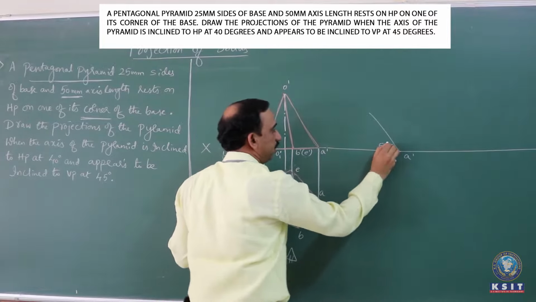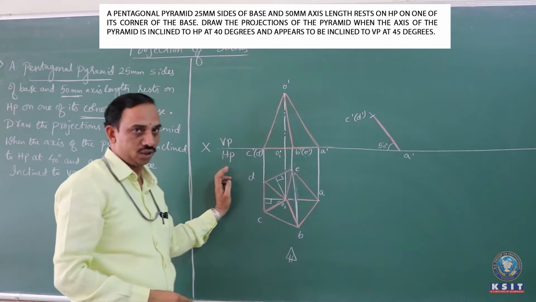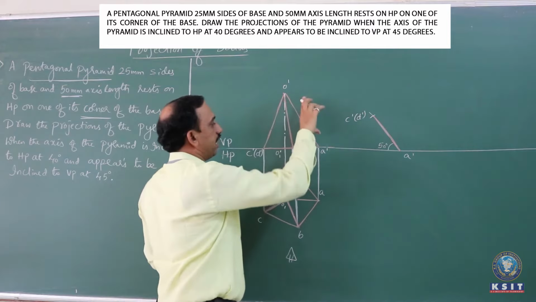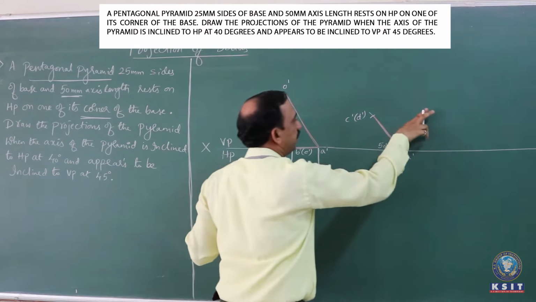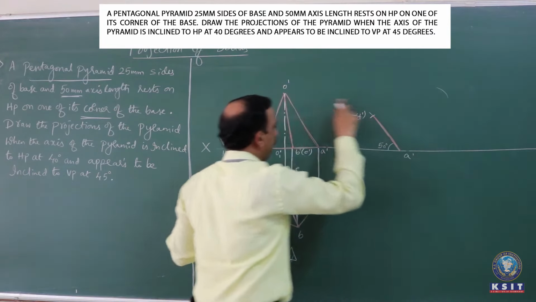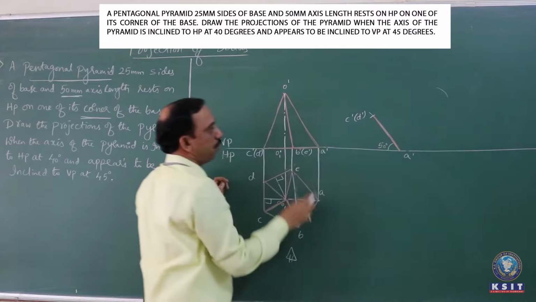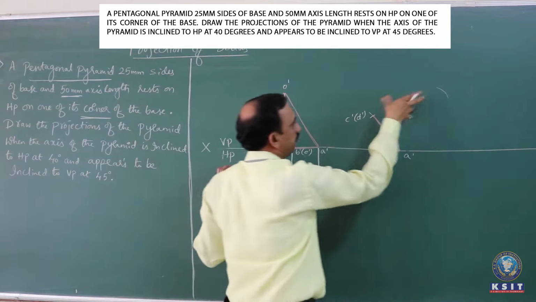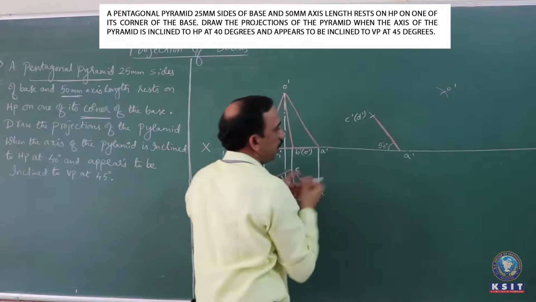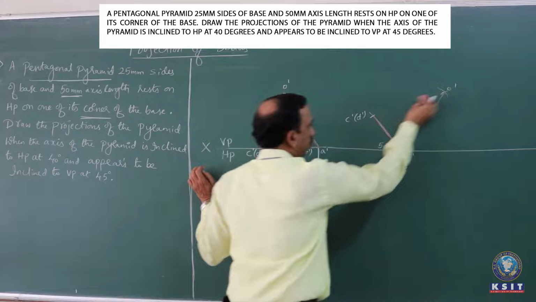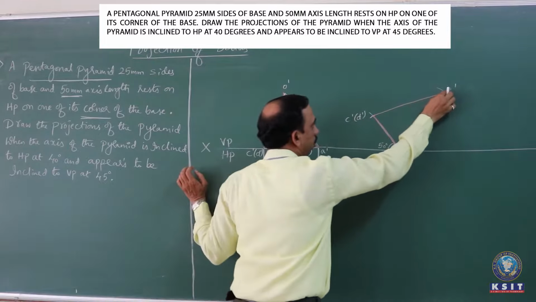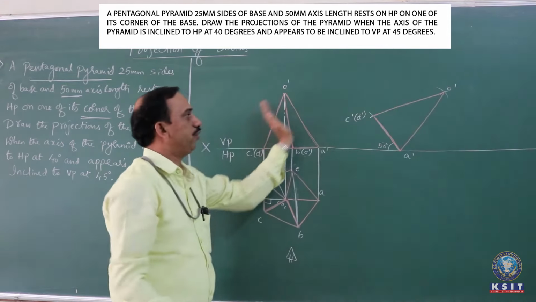From A dash to C dash, with the compass and A dash itself as center, cut this. When you cut this, you get C dash and D dash. The complete base face is right now making an angle of 50 degrees, but it is not given in the question. Now let us tilt the complete front view. Measure A dash to O dash with A dash as center, drop an arc. Measure C dash to O dash with C dash as center, cut this to fix O dash. Connect A to O, the slant edge, and C to O. You get the complete front view tilted.